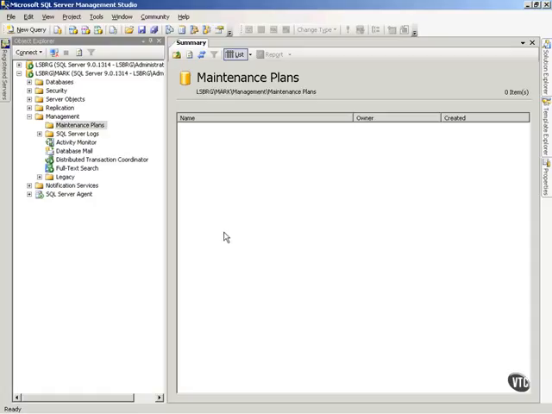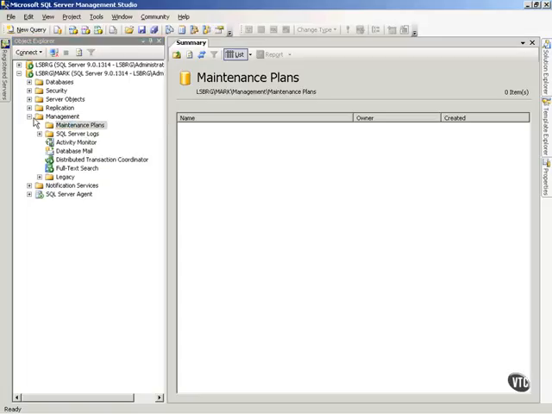One of the staples of the Microsoft SQL products for years on maintenance has been the Database Maintenance Plan Wizard. And Microsoft's gone one better. Now I'll just show you how to kick off the Maintenance Plan Wizard. And I won't go all the way through it because there's so many possibilities, but I'll just show you how